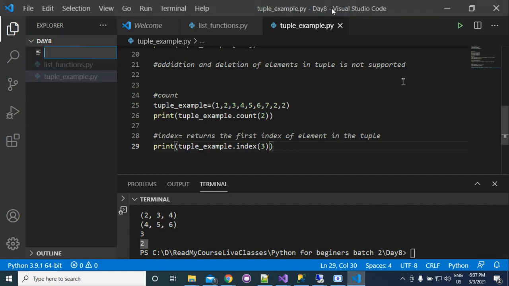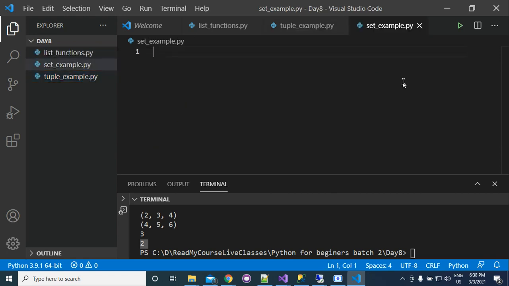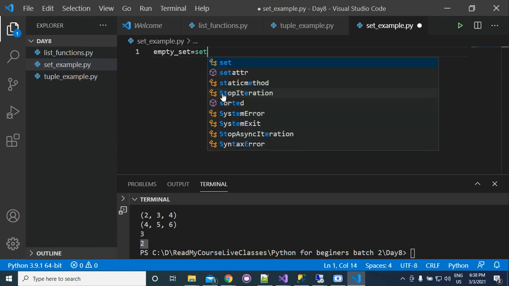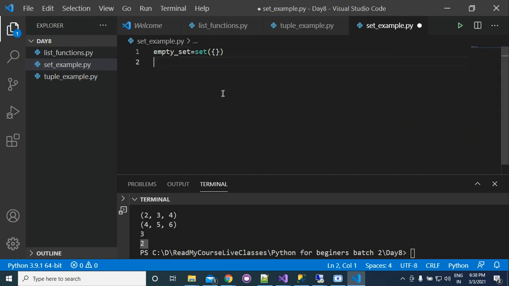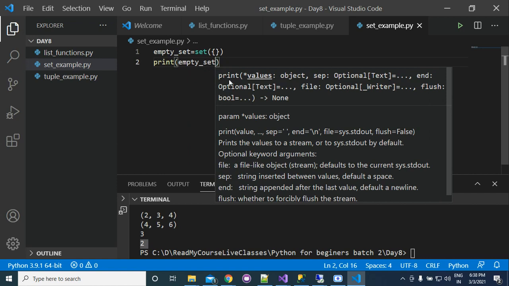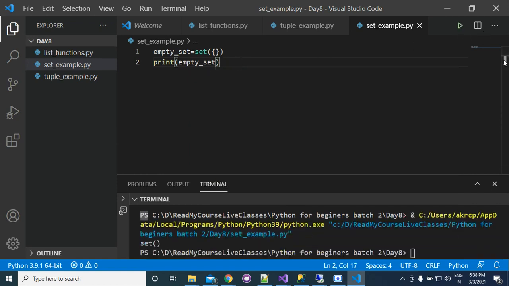Now I will go to this. Suppose we want to create a set: empty set is equal to set of curly braces. This will be an empty set. There is no item present here. If you print the empty set, it is printing empty.